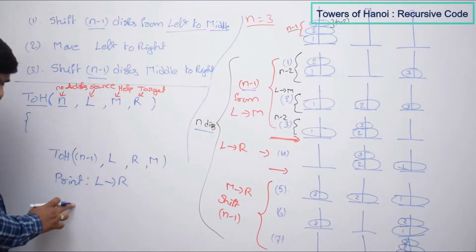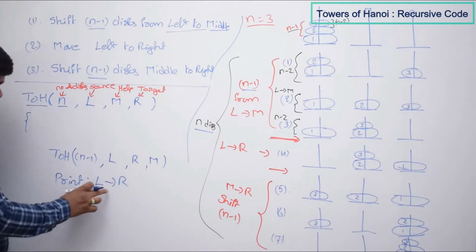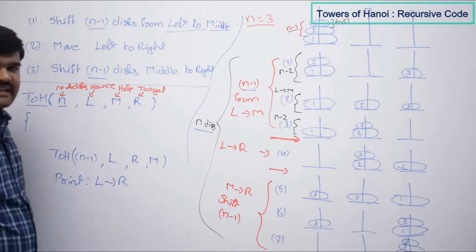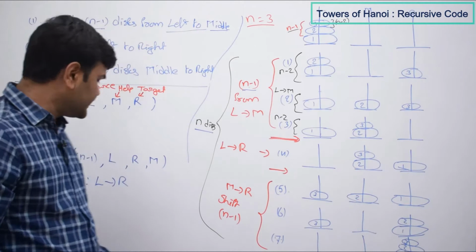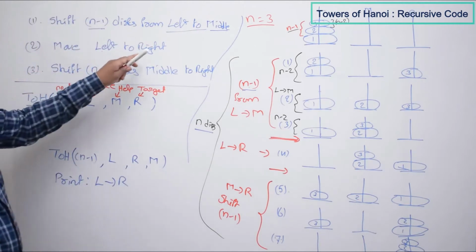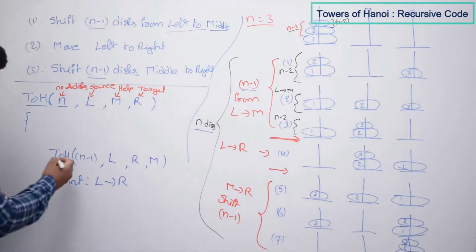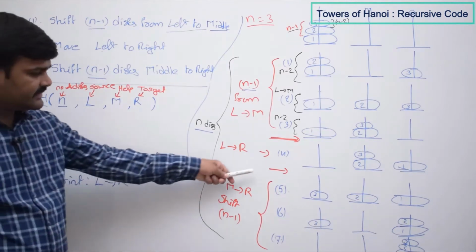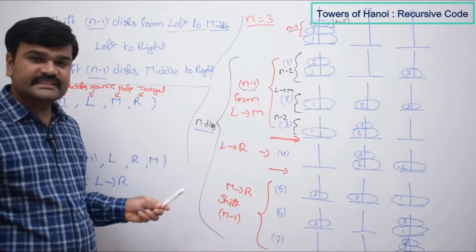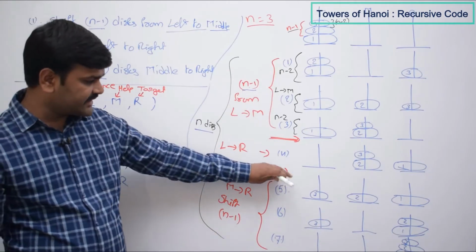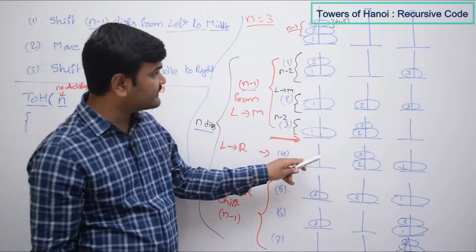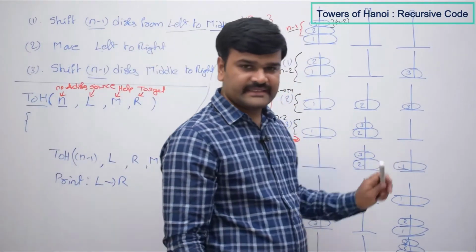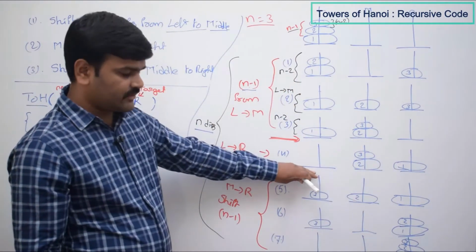When you are writing this one also, we will see more about this statement when you are constructing a recursive tree. Okay. So for the time being, write down left to right. Then next, after this second step, where are we in the game? So in the game, after this step we are at this position. That means this first disk we shifted from left to right. So this is the status now.